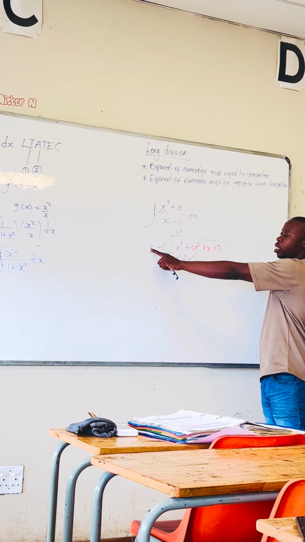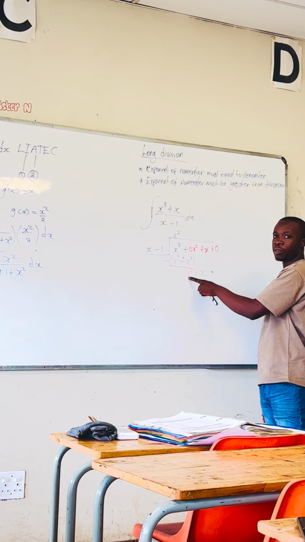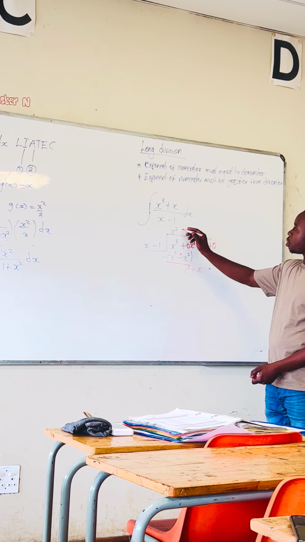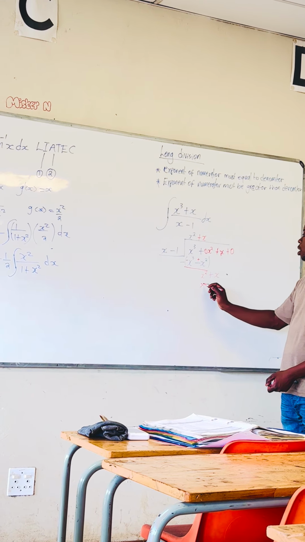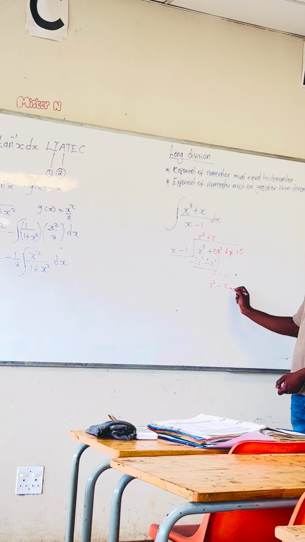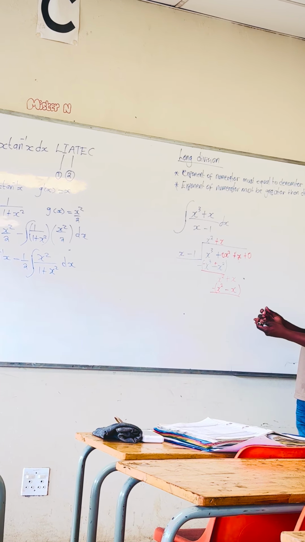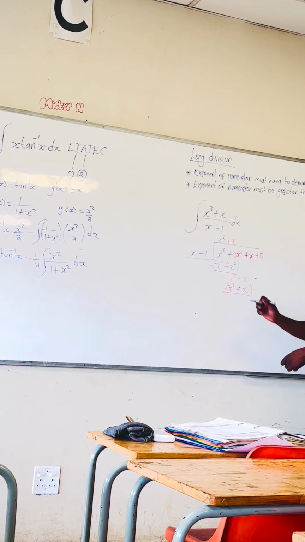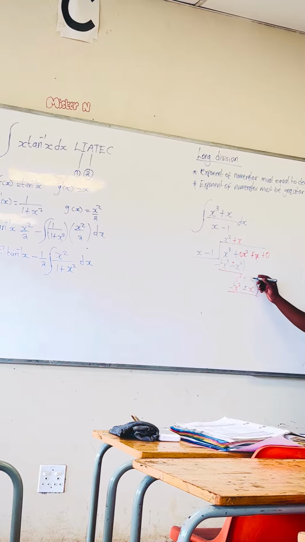So now you start the process again. The first term will divide this first term. When it divides here, it becomes x. You write it on top. So this x times this one gives us x squared. This one times this one gives us negative x. When you introduce a negative, it will change the sign inside. This negative becomes positive. So this becomes 0, and we add, and this becomes